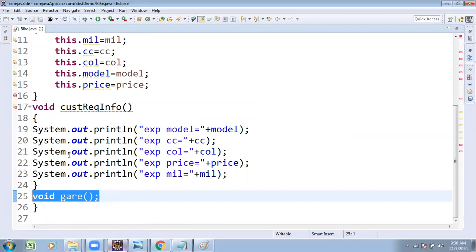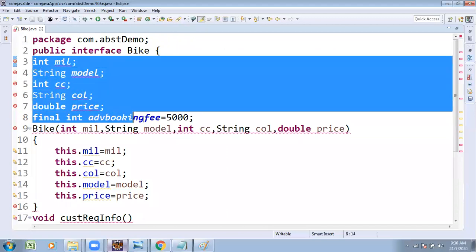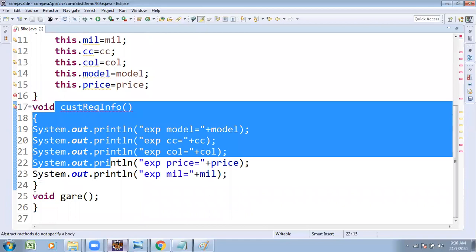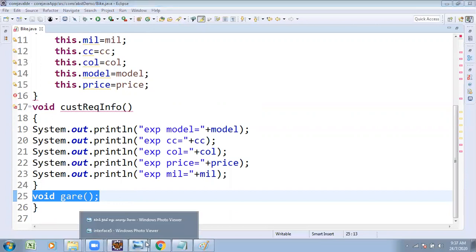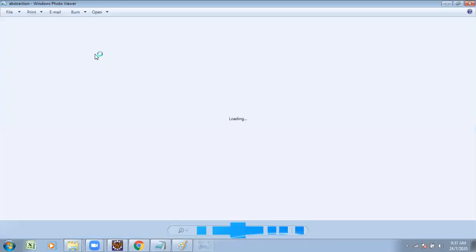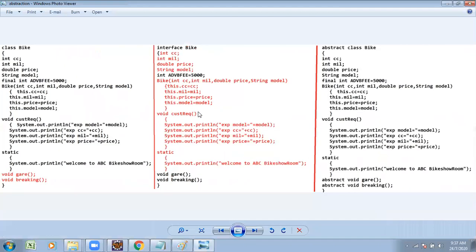That's why we need a combination of both. I want the data part, constructor part, method part, as well as the abstract method. A class does not support that. Observe this diagram once. Let me ask the question: difference between class, abstract class and interface.